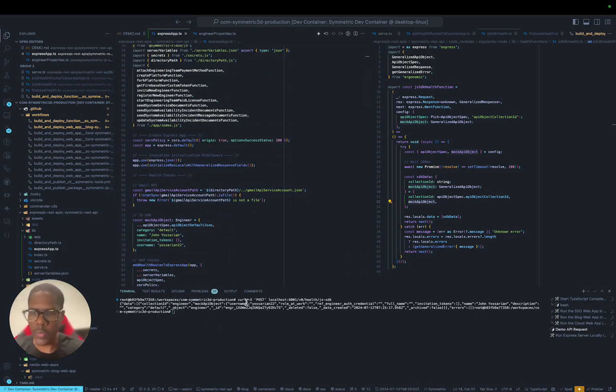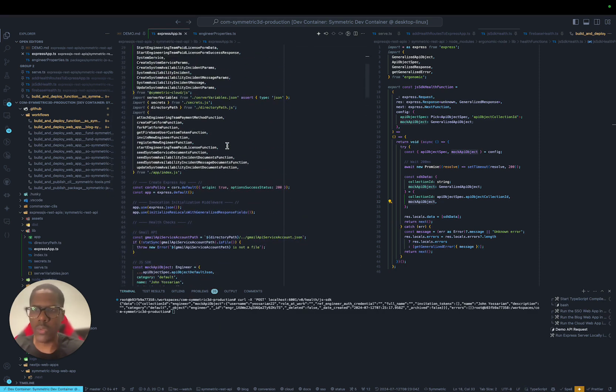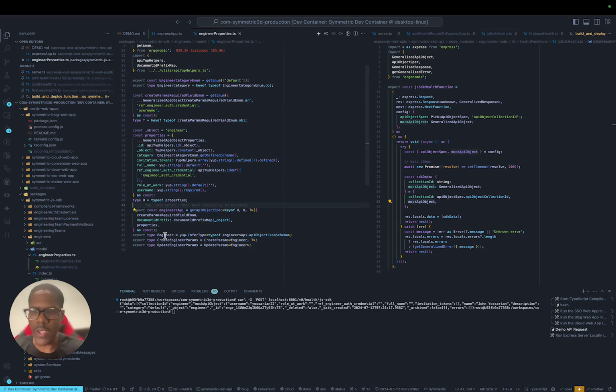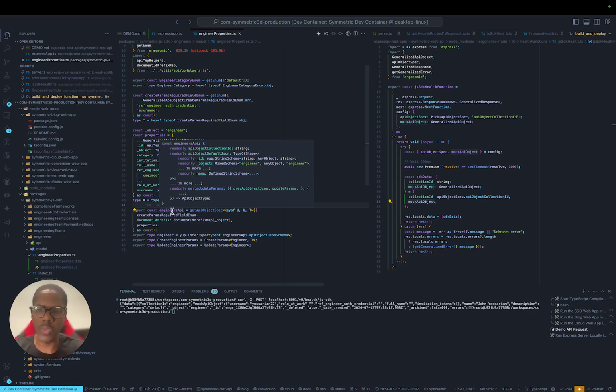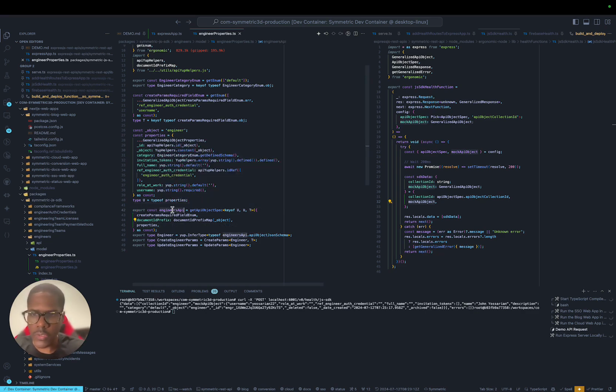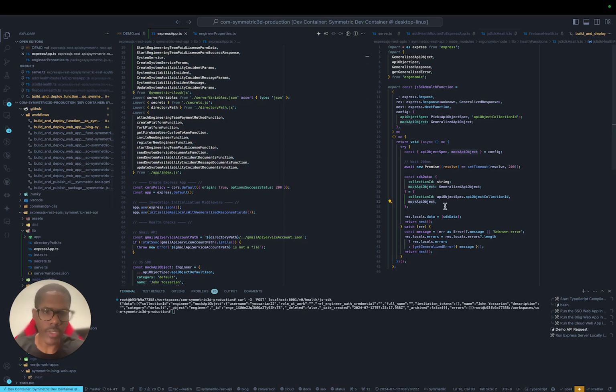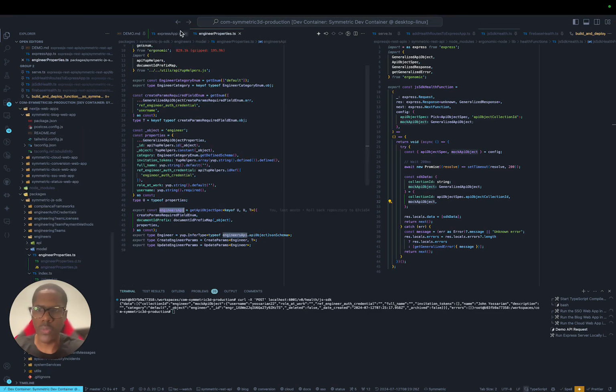That's what this health endpoint is verifying, that we can use all of the type definitions that we create and the actual source code that we write. This engineer's API has lots of really useful properties on it, and the one we're seeing in action is the collection ID as well as the actual definition